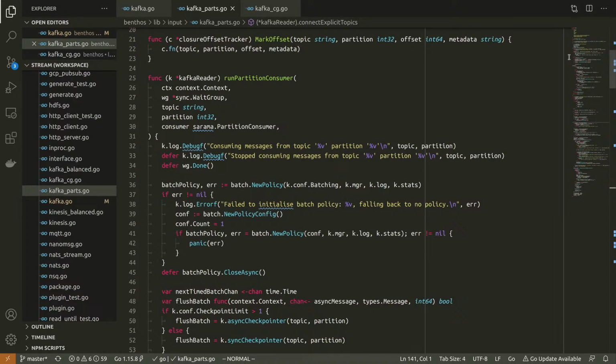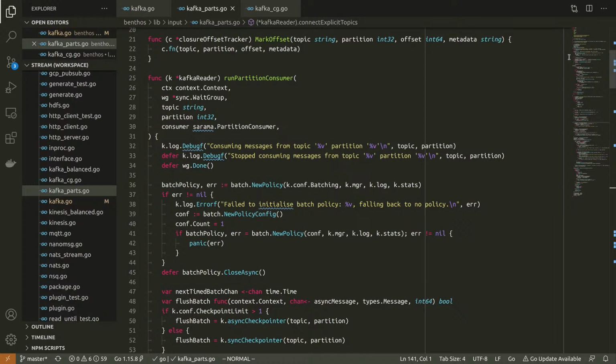Obviously, if we're not joining a consumer group, then there's no reason why you can't. Yeah, if you're not joining a consumer group, then you can just ask your broker for all the partitions that are available, and you can start consuming them.